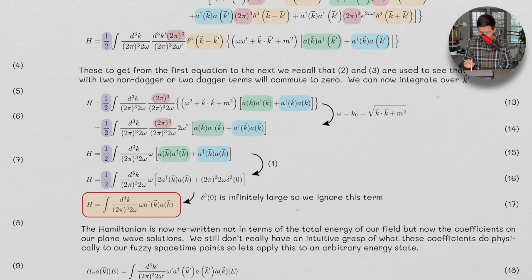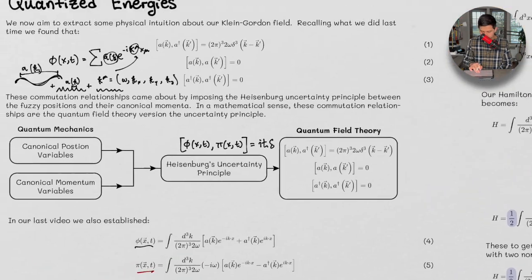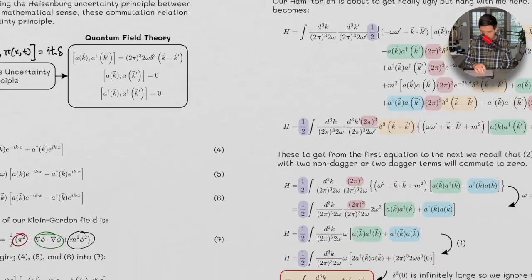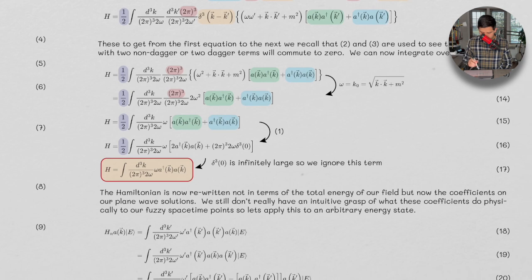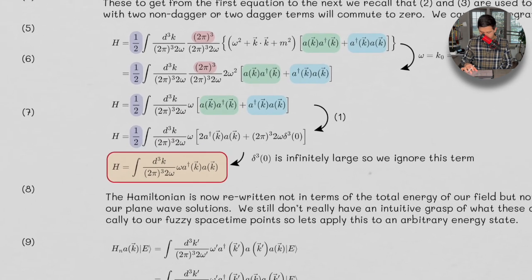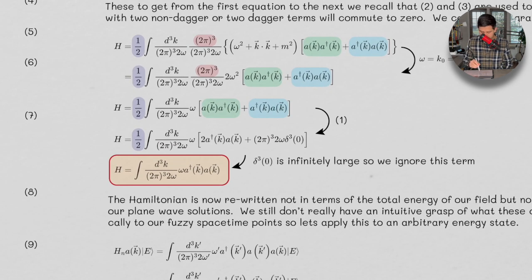Then we use this relationship, right? Because we have this plus this, but this is the square of the square root of this. So we're going to have two of them. So we have this thing, and then from here to here, we just use equation 1. Equation 1 is this guy up here, to get here. You may have to stare at this a little bit, because this is just if you take two of these guys,